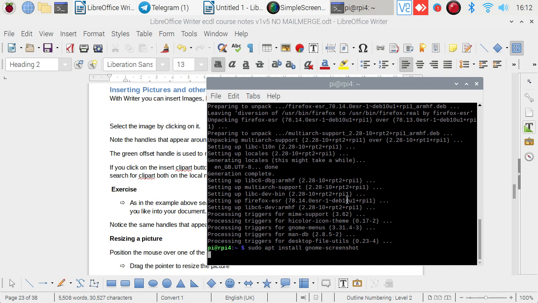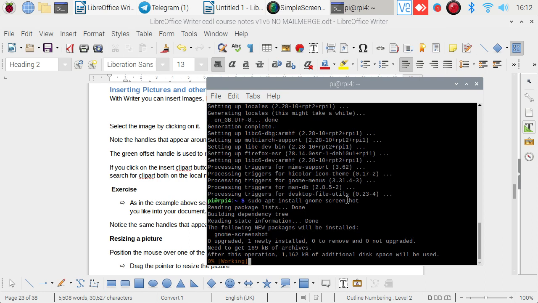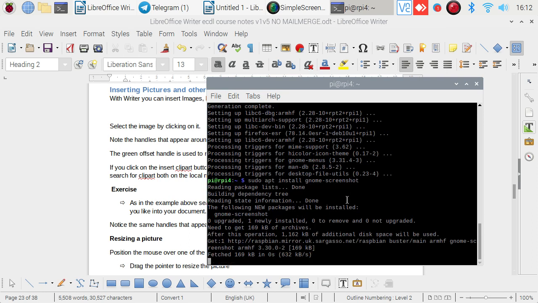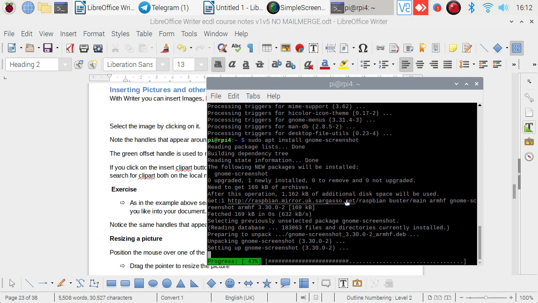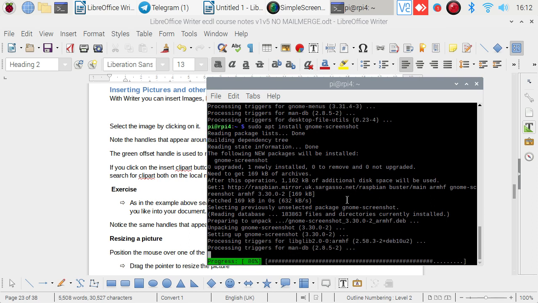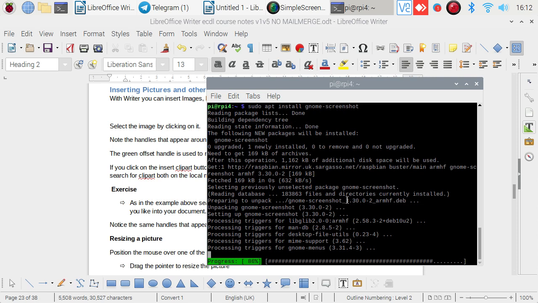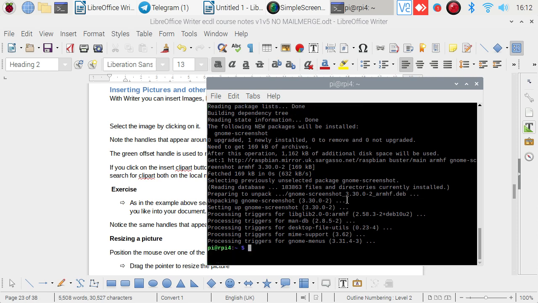Okay, press the enter key, and it goes away and looks for Gnome screenshot. Sometimes it will ask you, do you want to do this, and you have to say yes or no. So obviously say yes. At other times, depending on how it sees Gnome screenshot, it just says, oh, I know Gnome screenshot, it's a utility program that fits in with this, so it does it without asking you. There you go, that's it,